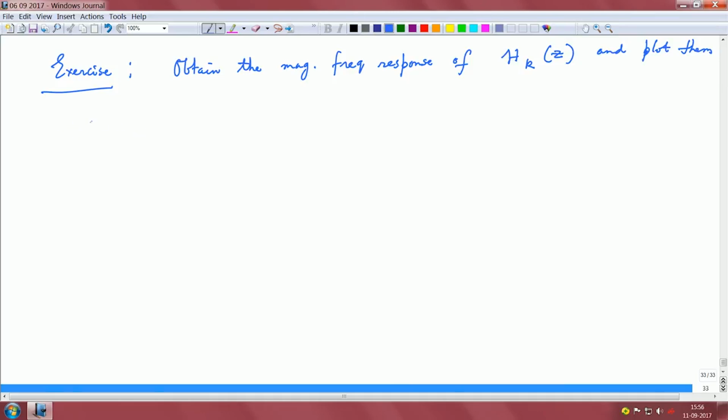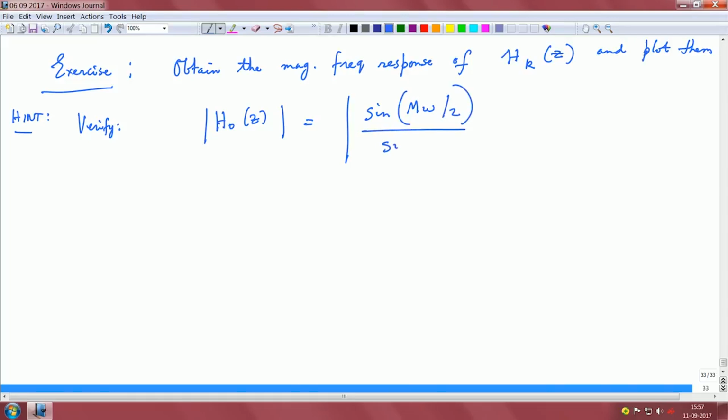So basically you will have to verify that the magnitude of H naught of Z is mod sine m omega upon 2 divided by sine omega upon 2, and